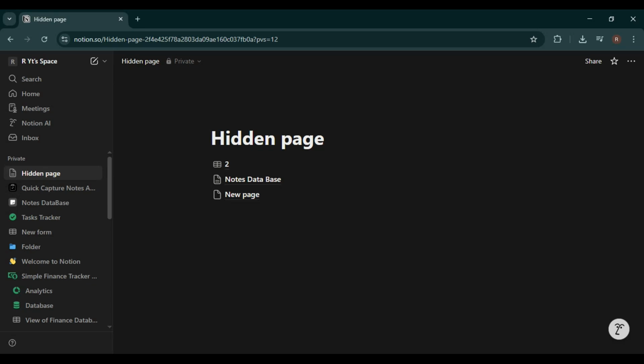In this video, I'm going to show you exactly how to build a simple but powerful bucket list dashboard in Notion, step by step, even if you're a complete beginner. A bucket list dashboard is an amazing way to organize your life goals, track experiences you want to have, and stay motivated by seeing everything in one place. By the end of this video, you'll have a clean, customizable bucket list setup that you can keep improving over